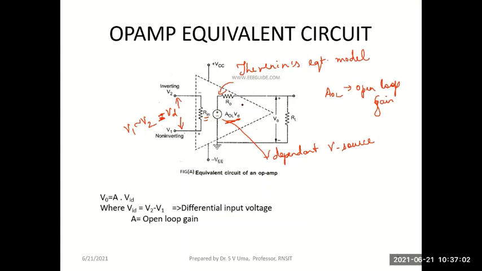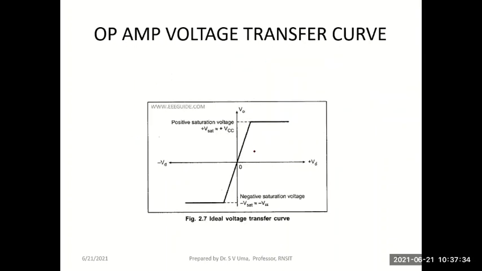Remember, they are high gain. You will have gain in the range of 10 to the power of 5 or 10 to the power of 6. And naturally, while writing Thevenin's equivalent, any voltage source will have a series resistance. This represents the output resistance or output impedance of this op-amp. So this is the op-amp equivalent circuit, which you can use to analyze and find the various parameters in an op-amp. I hope you understood all this.